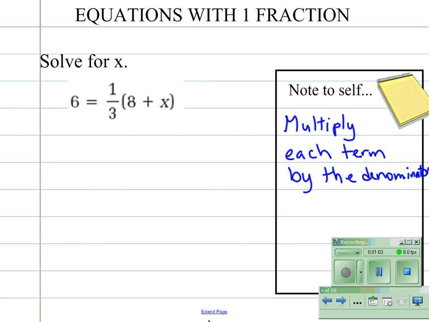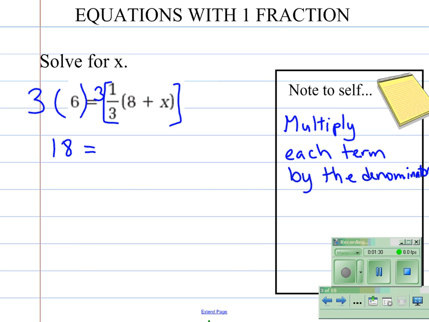So in this case, the denominator is 3. So this 6 is one term, so I'm going to put a 3 in front of that. And what you'll notice is all of this is multiplied together. So I'm going to imagine it's one big term, and I'm going to multiply it all by 3. Now, 3 times 6, that's pretty easy to deal with. It's 18 equals, and then on this side, 3 is going to be multiplied by 1, because that's how fractions